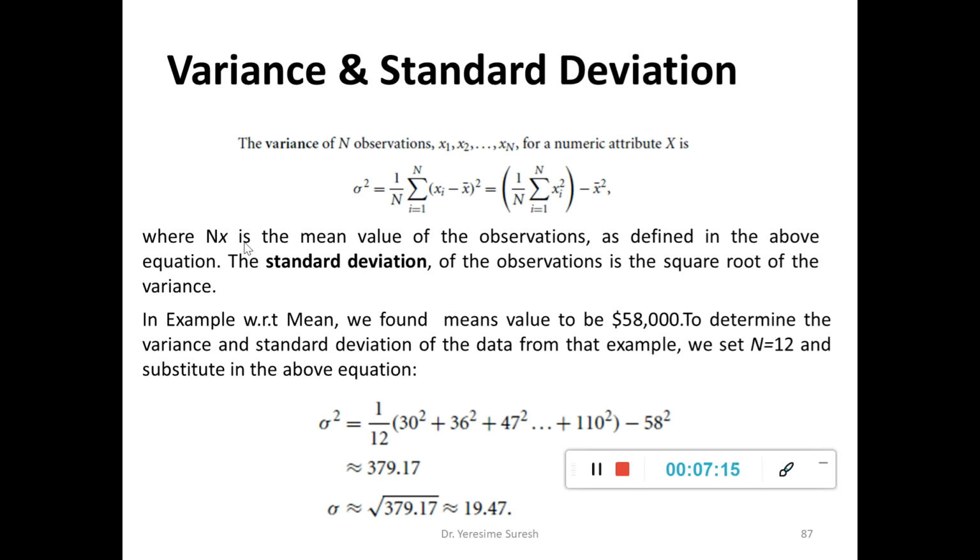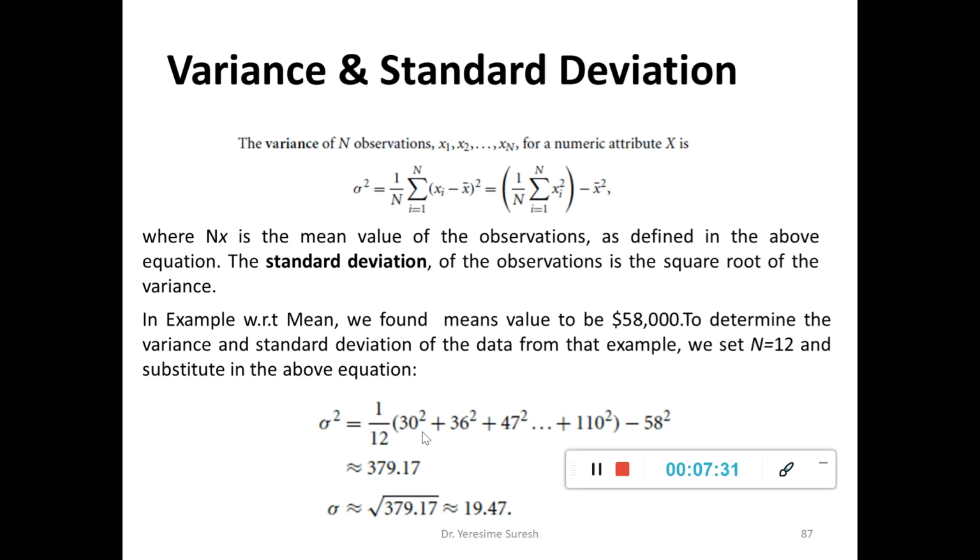So I repeat, and next is the mean value of the observations. How many observations I have? The x bar, I'll get the mean value subtracted from the individual instance divided by total number of instances will give me the variance sigma square, and I take the square root of it, I'll get standard deviation.